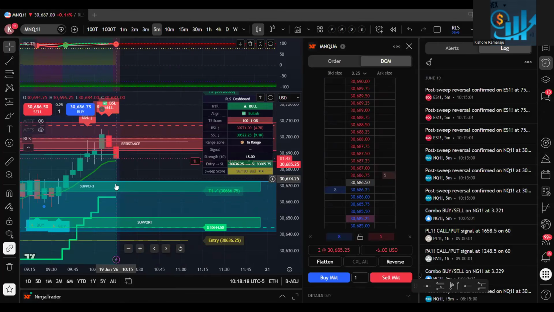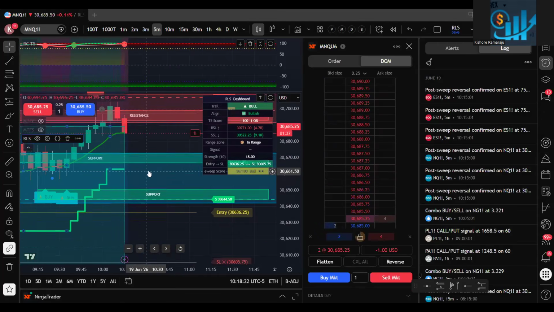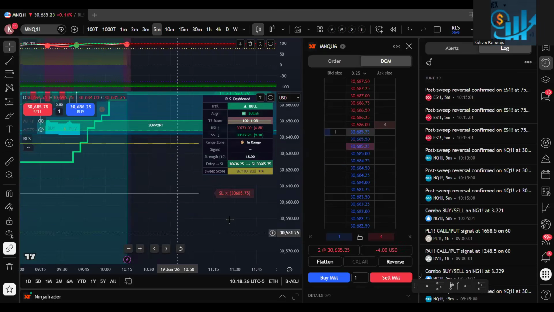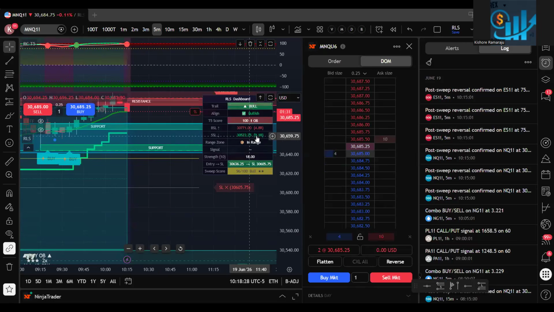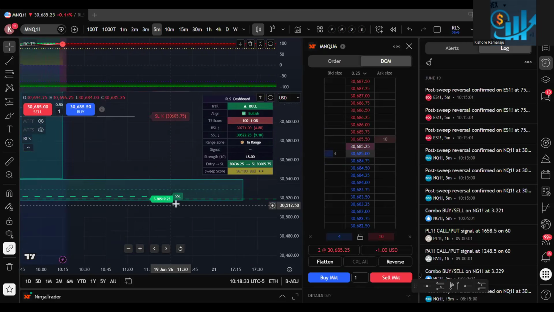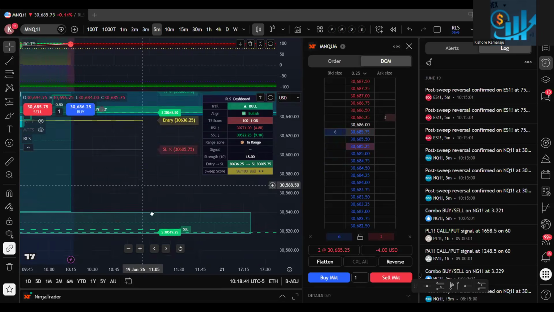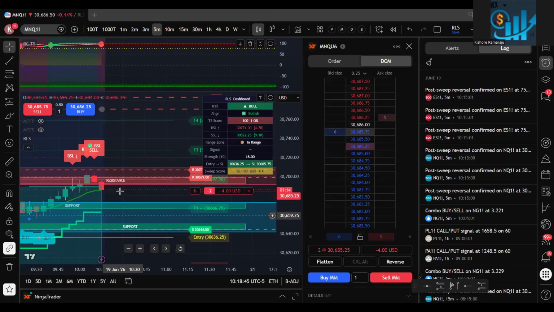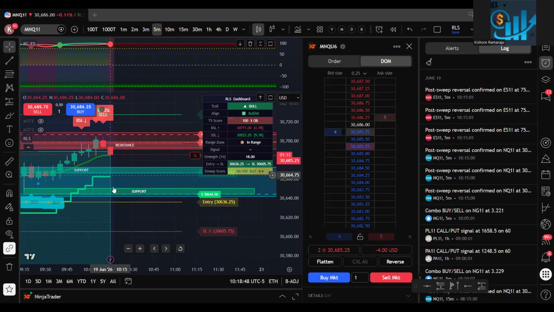So then we can expect a minimum until this. If it breaks this support, then it will go to this. If it breaks that support, it can come all the way to 30,522. Right? That is where again you have lot of sell side liquidity. So that means if you get a buy signal around this area, that will be very good opportunity. If you get a sell side, so yeah, you should easily make some nice profits.